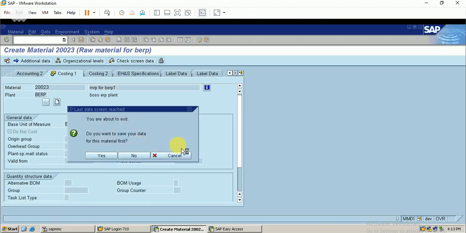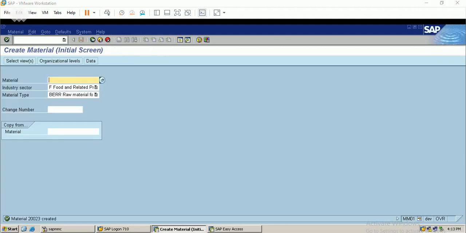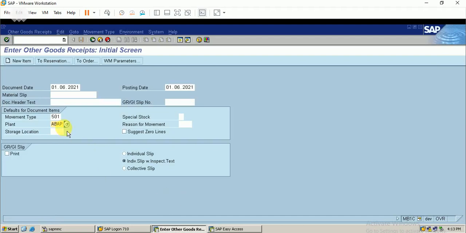So you can see the material master will be saved now. So the material 20023 has been created. So let me have an initial entry of stock balances in the T code MB1C. So let me change the plant.